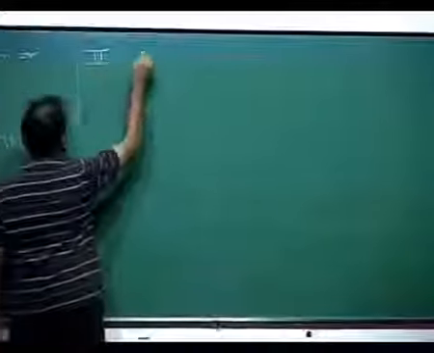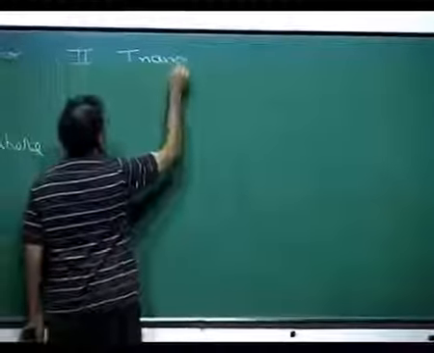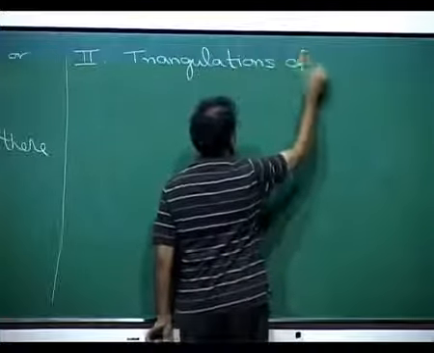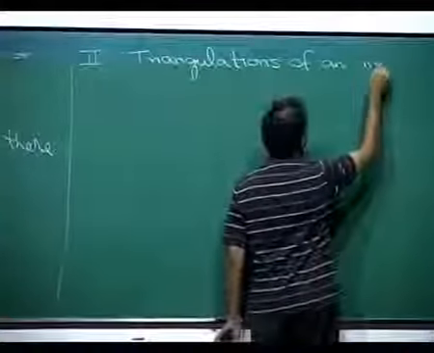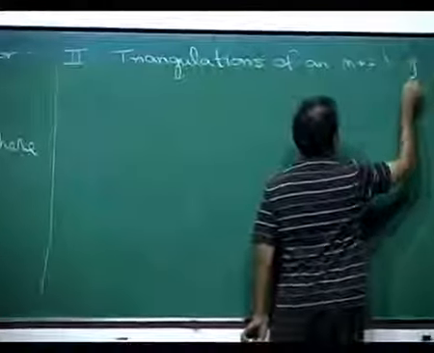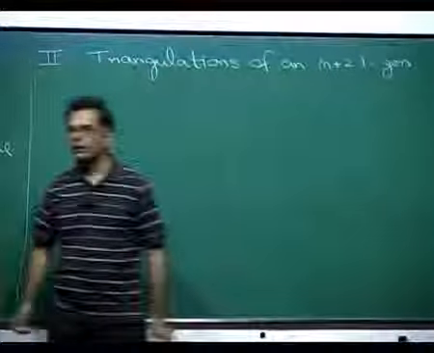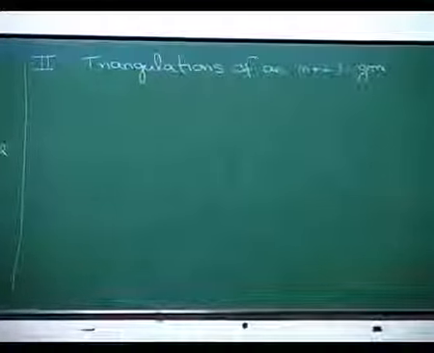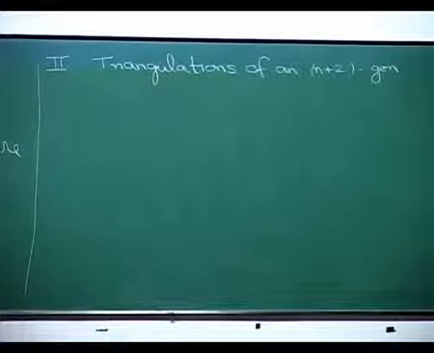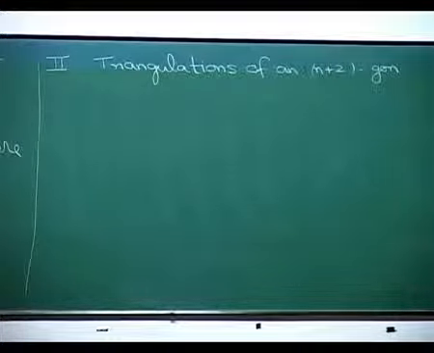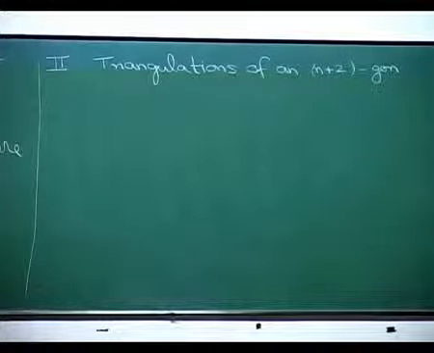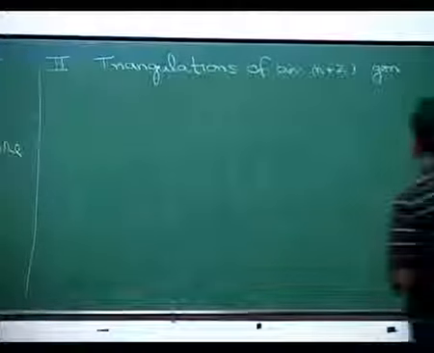Okay, so the second problem is triangulations of an n plus 2 gon. So take a regular polygon with n plus 2 sides, and we would like to divide this into triangles by drawing diagonals. You do not allow the diagonals to intersect. So there is an element of something being non-crossing comes in here. You do not allow the diagonals to intersect,